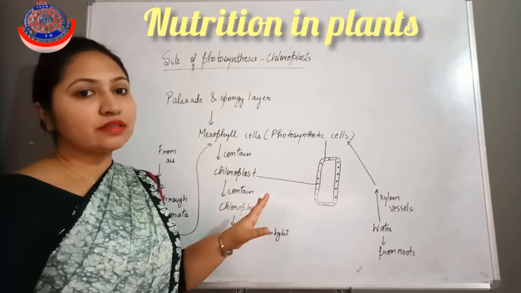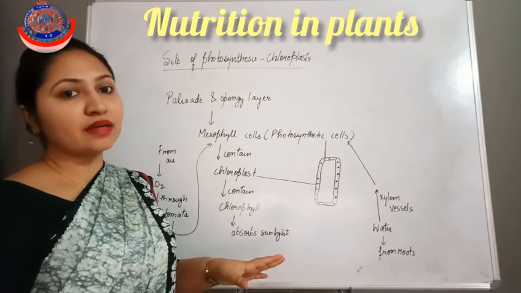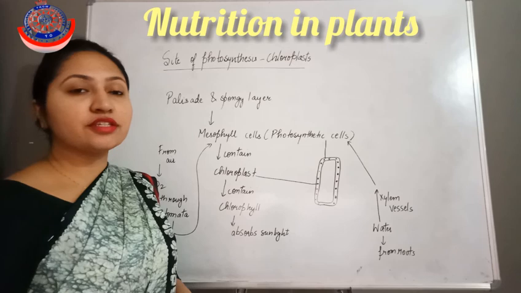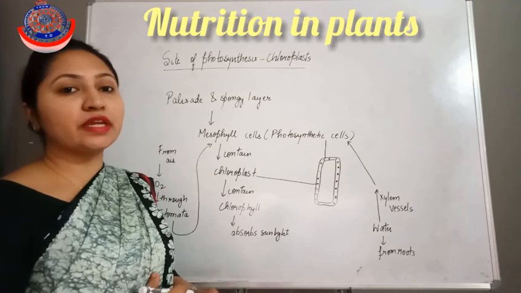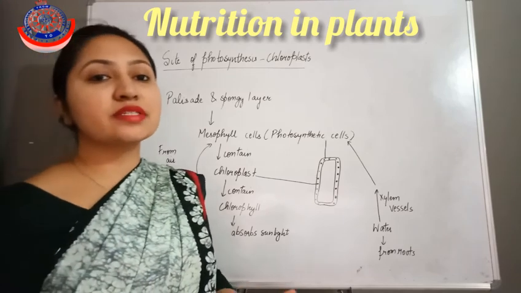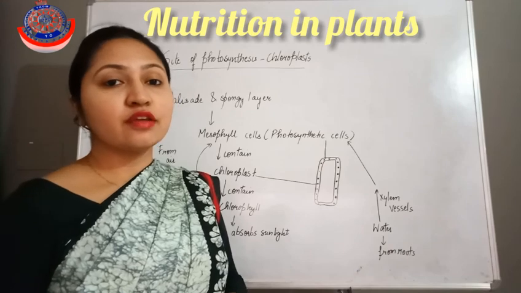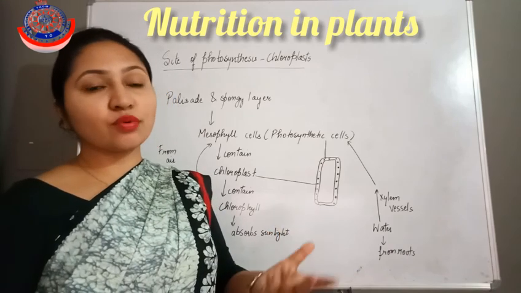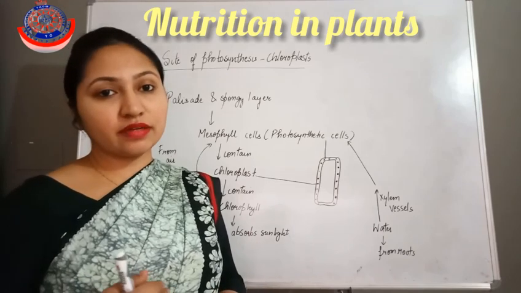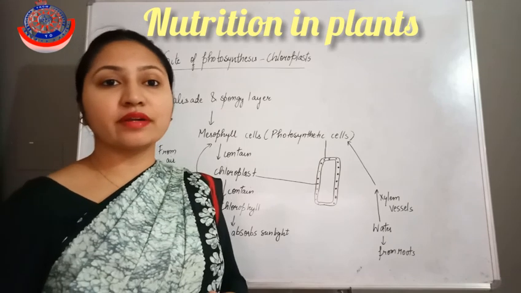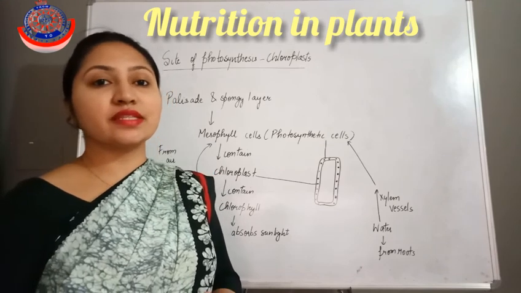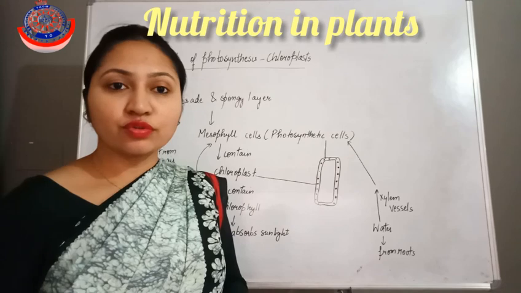Okay, not only the glucose is required by plants; plants also require nitrogen, phosphorus, iron, and magnesium, and they obtain these from the soil. And the nitrogen which is present in the atmosphere is present in free form, so plants don't take up that free nitrogen. That's why they take up nitrogen in the form of nitrates, which are converted by bacteria that are either present in free form in the soil or in symbiotic association with the roots.